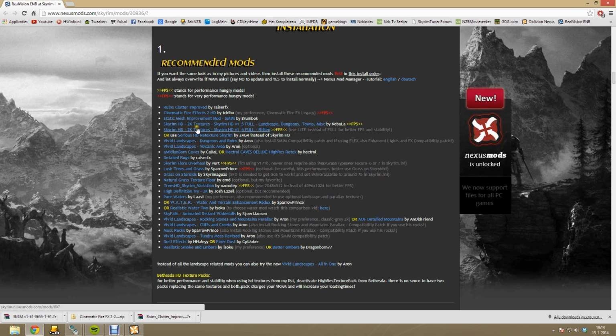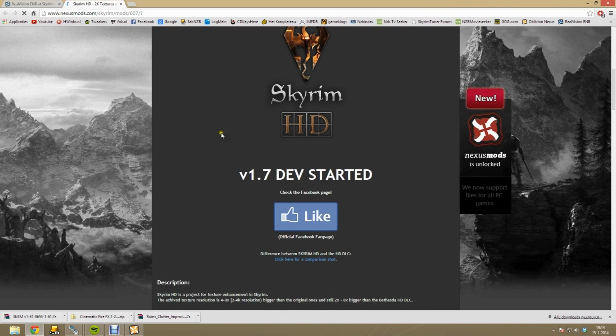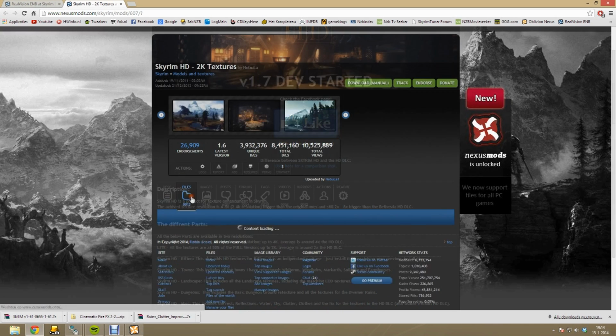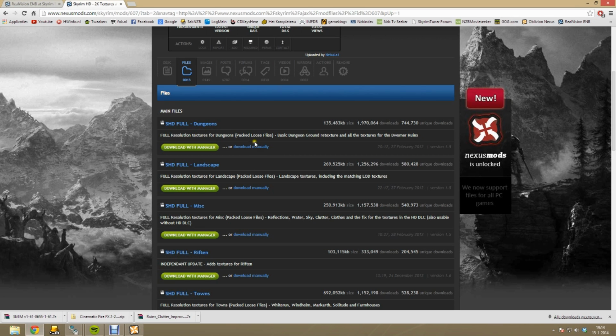Another big mod is the Skyrim 2K HD Texture Pack. Open it up in a new tab, and this mod also had some updates. Actually, the 1.7 dev version has started, which is great news. Anyway, scroll up and click on Download Manual, and now you have to download this